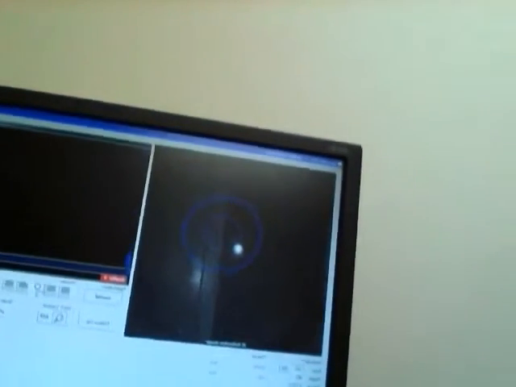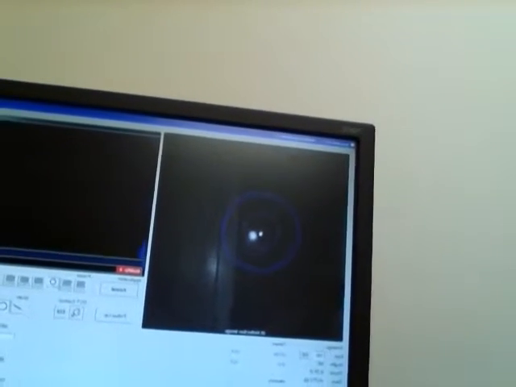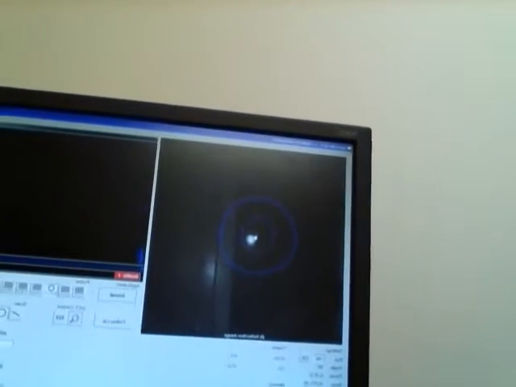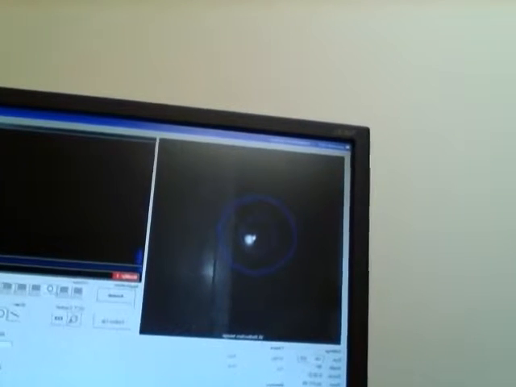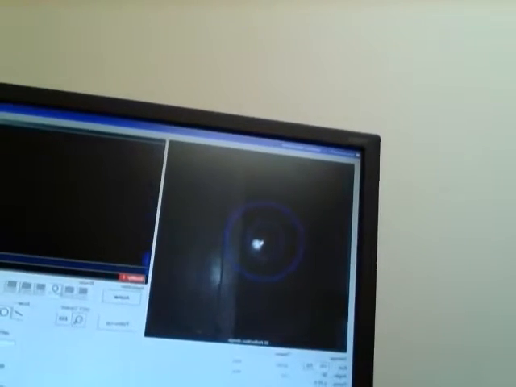Doing RNFL, we need to take the image of the optic nerve. For this reason, the patient needs to look a little bit laterally, a little bit medially. Sorry, when the patient looks a little bit medially, we take the image.